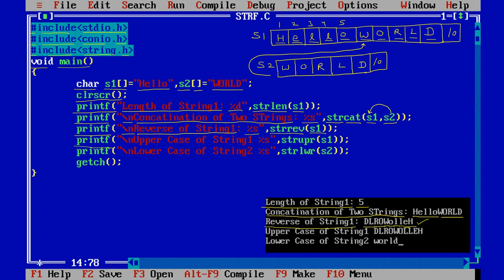Then printf \n for the new line, uppercase of string 1. Now uppercase of string 1 is displayed. Afterward we are saying %s, that is for printing on the screen, and strupr, so string into uppercase s1. So the whole string is now coming into uppercase. You can see that this way it is the reverse uppercase. Why? Because whenever you perform any operation, it is going to update the string.